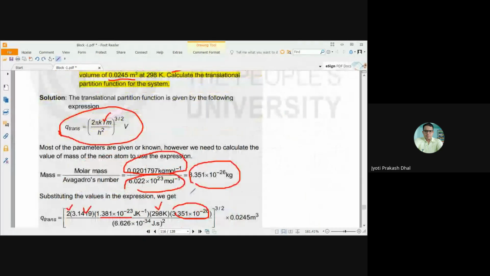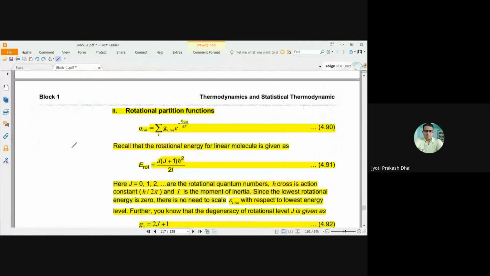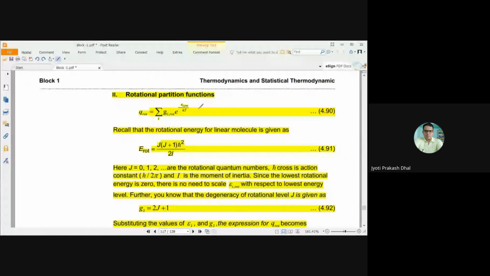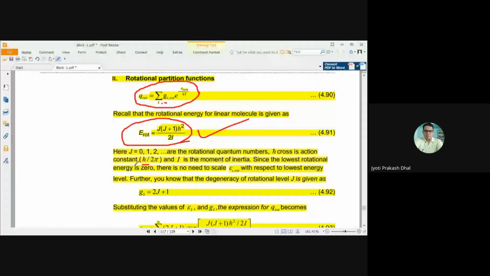Now coming to the next partition function, that is called the rotational partition function. So here, in exactly the similar way, Q rotational, that is the rotational partition function, equals the summation of g_i rotational into e to the power minus epsilon_i rotational by kT. Now recall again from the